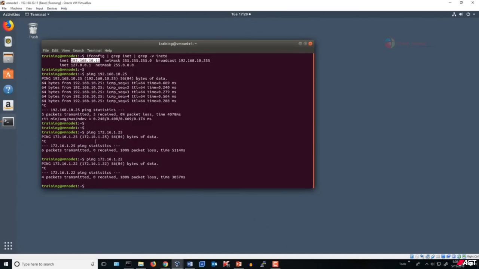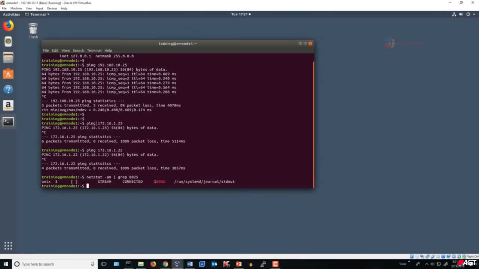Now let us try to establish a SSH session to the jump box, and at the same time we'll also perform local forwarding, meaning we will map port 8025, which is local, to the port 80 on 192.168.10.25. So once this command is executed, we should be able to access the Nginx page using the loopback address on this particular bridge machine, which is